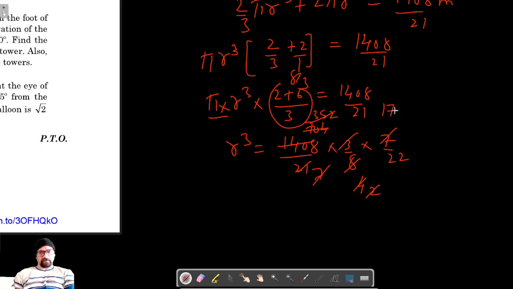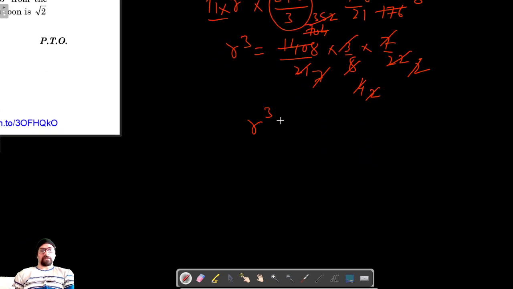And 2 7s are 14, 2 6s are 12. So this gets cancelled with 11, 2 11s are 22, 11 1s are 11, and 11 6s are 66, and 2 with 8. So r cube is equal to 8. So that gives r is equal to 2 meter. So radius is 2 meter